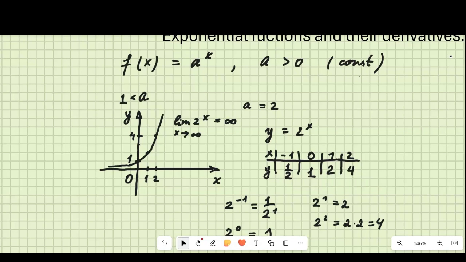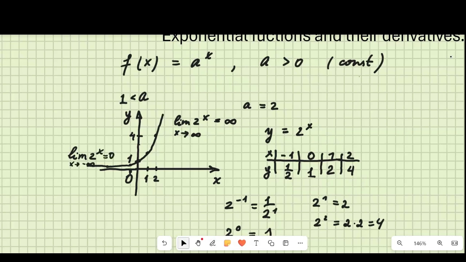What is going to happen if we go to the large negative axis, like -1 we have over here, right? That's -1, -2, -3, -4. Well, we are actually going to put this huge number in the denominator. What is going to happen when you divide 1 over a huge number? We are going to have something very small. And very small means that the limit on this side will go to 0: the limit of 2 to the power of x as x approaches negative infinity is going to be equal to 0.